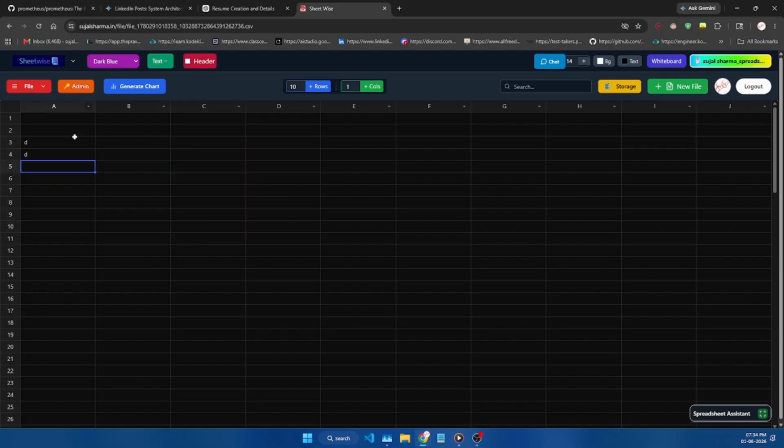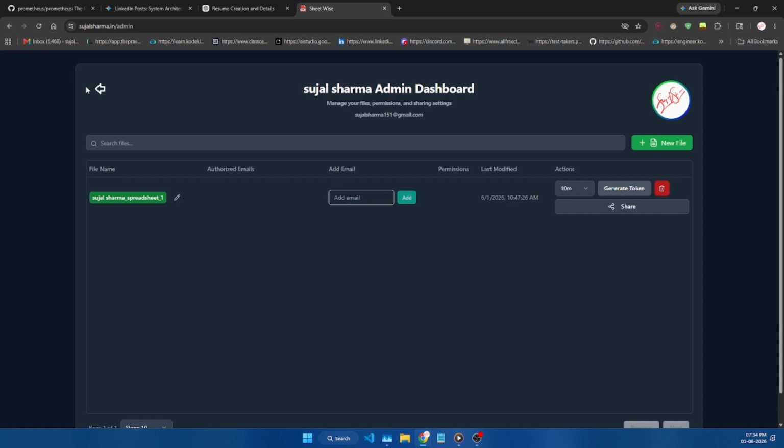So now you can add anything into the file as your content, and let's go to the admin panel and see what else there is. So you can see there is an add email inbox. What this can do is add additional emails so that they can be authorized to view or edit this file.